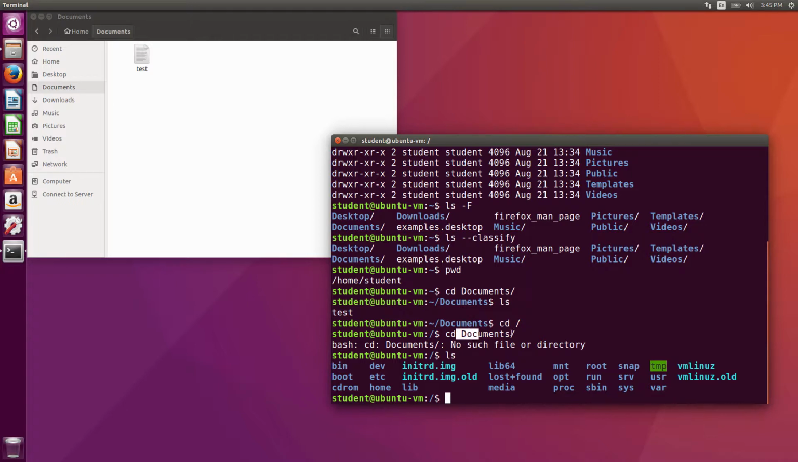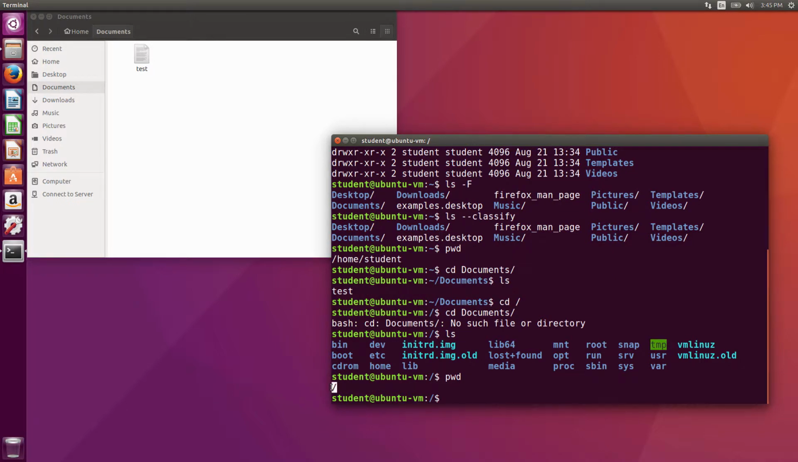So this is a good example of a relative path, the way that I used it before up here. When our current working directory was home student, I was able to change directory to documents and it knew exactly where to go. But here, my current working directory is the root directory. So if I want to change directory to that home student documents, I need to do it this way. I need to specify an absolute path. So home,